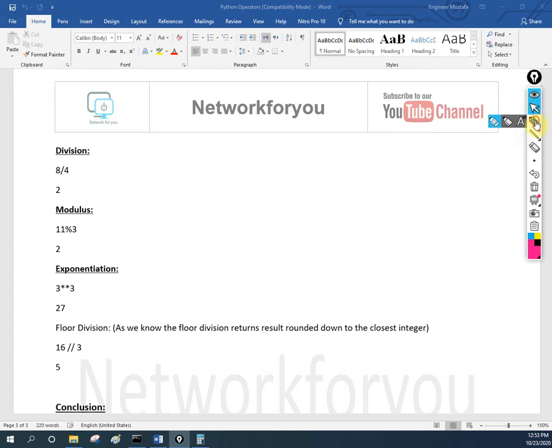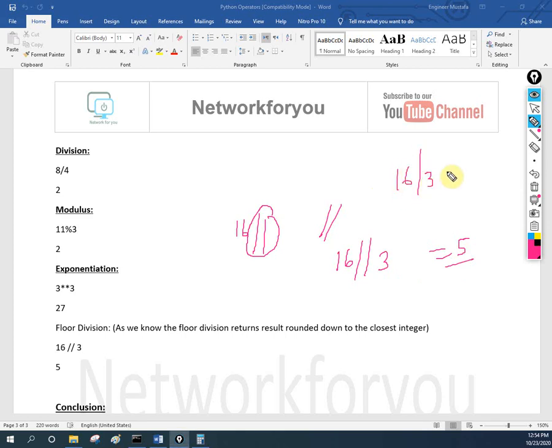Okay, let me show you. Example, 16 divided by 3, and the floor operator symbol is this one. If you want to use the floor operator, you need to write the division symbol two times. So 16 divided by 3, the answer will be 5 only. If we normally divide 16 by 3, then the answer will be 5.3.